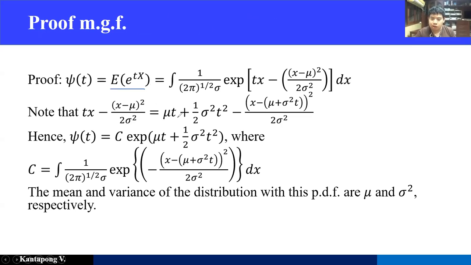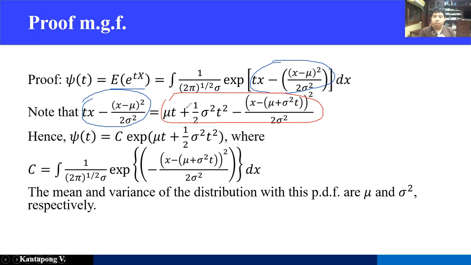This one is equal to this one, right? And then for this one, this is the same as this one, right? If you don't believe me, just expand this term and you can get the left term. But how?